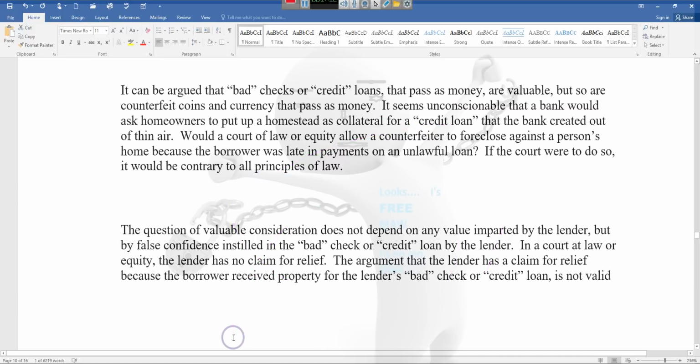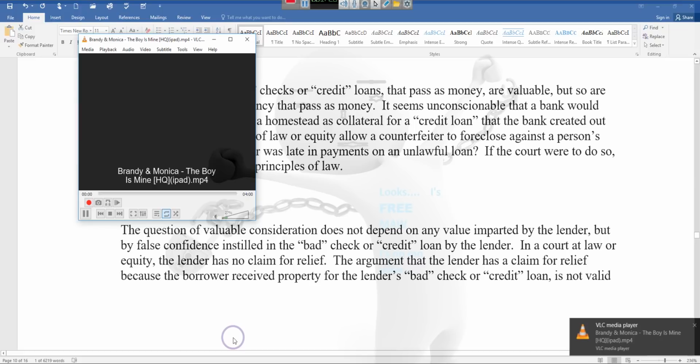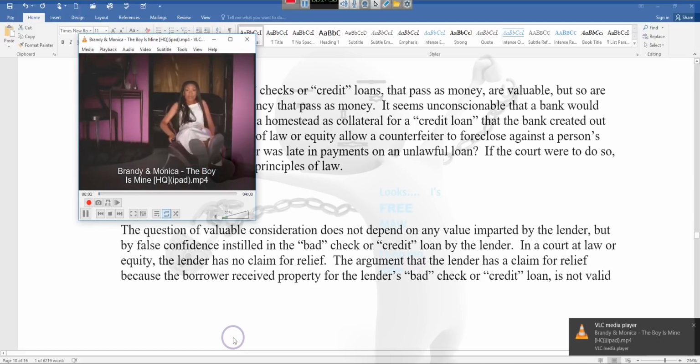The argument is flawed because he's not basing it on actual facts. He's only basing it upon presumption. Look, you cannot base an argument on presumptions because a presumption is not a fact. You have to base an argument upon a fact. So you have to give an actual accounting of, for instance, in this case, the banks did this. That's why